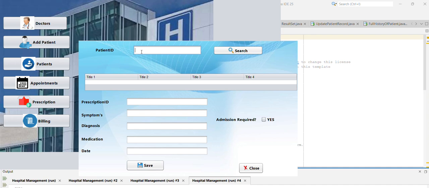You also call the patient by patient ID, and then you click search. It displays the information and everything here. So you can write prescription ID and the prescription, and then symptoms. Let's say headache. The patient has headache, and then diagnosis is migraine,